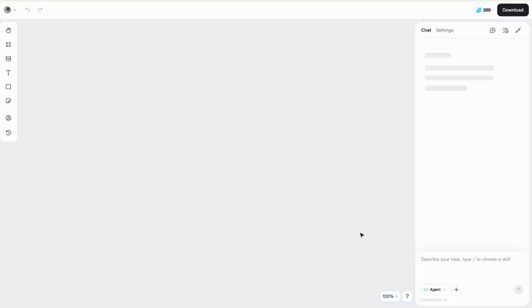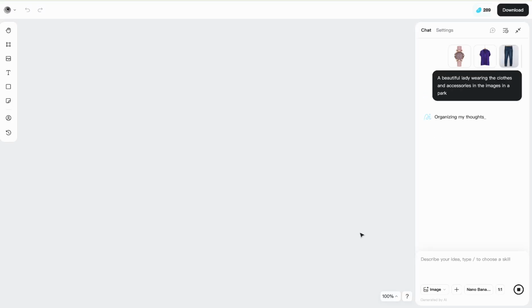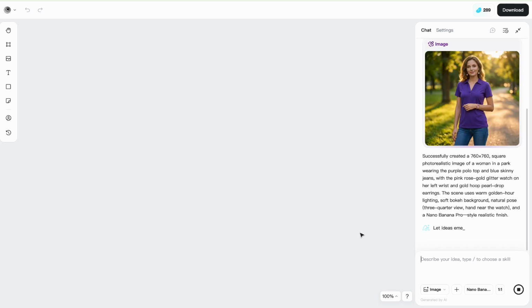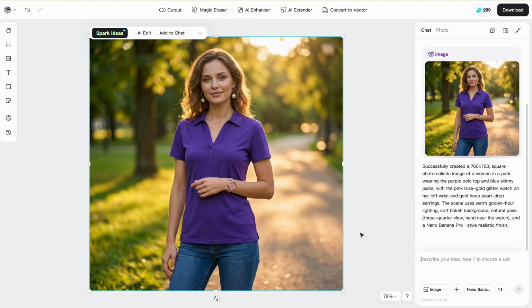The good thing about this is it's unlimited free, so we can generate multiples. So if we don't get it quite right, we could try again. So the AI is thinking, and it will come up with its image. All right, so we have our image here, which is stunning. We see our beautiful watch, we see our earrings dangling in all their glory, we see the blouse she's wearing